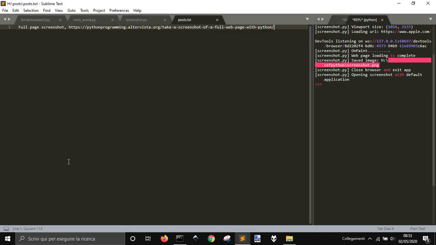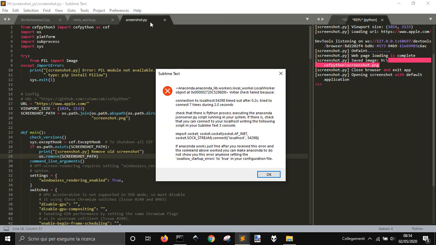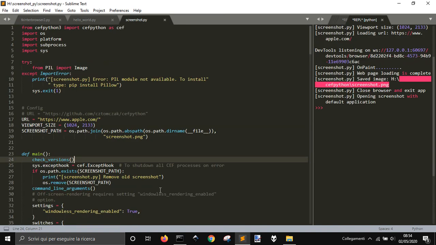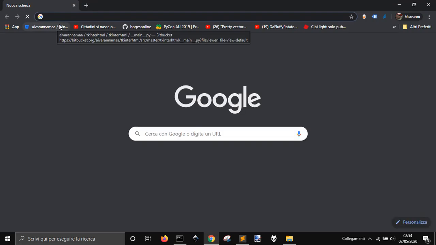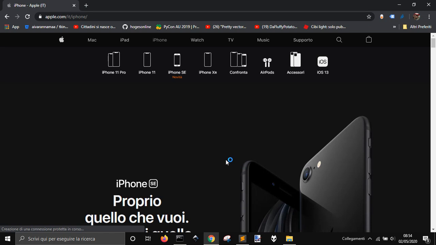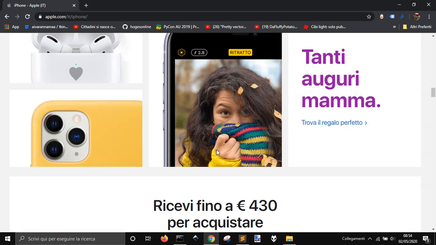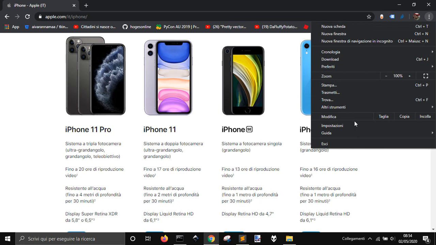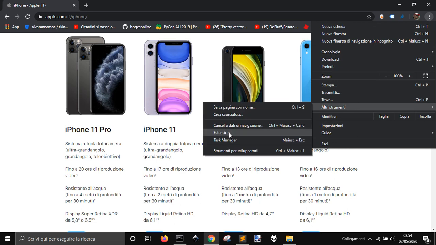Hi everybody, and today we are going to continue our little script to take a screenshot from a web page. You know, you've got a web page. Let's go to Apple's web page, Apple iPhone. You've got this. If you want to take a screenshot of this, maybe you could go somewhere,